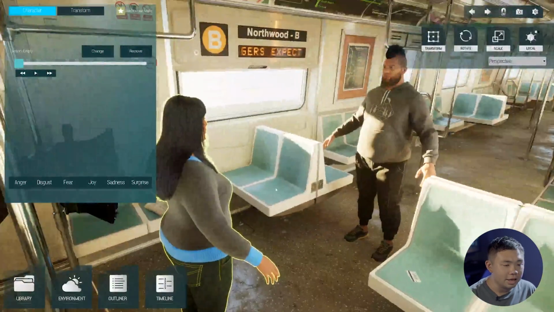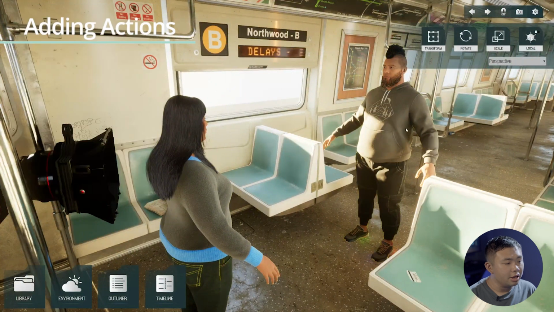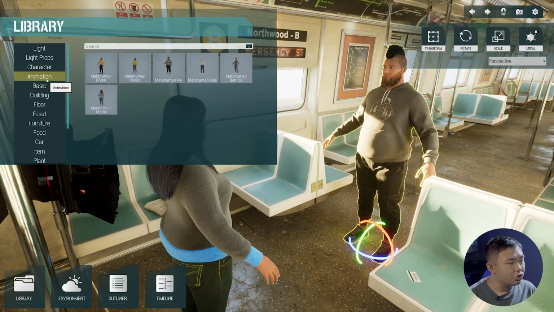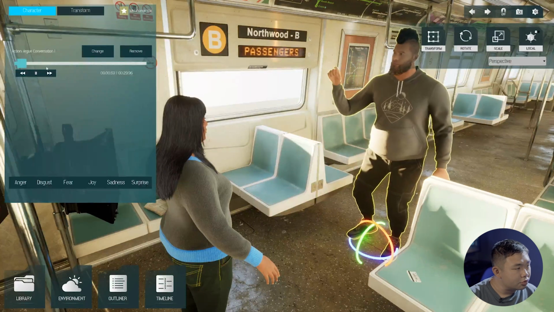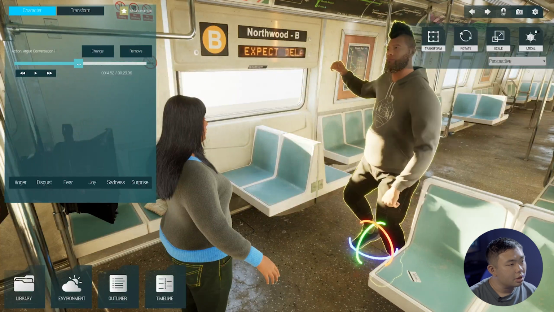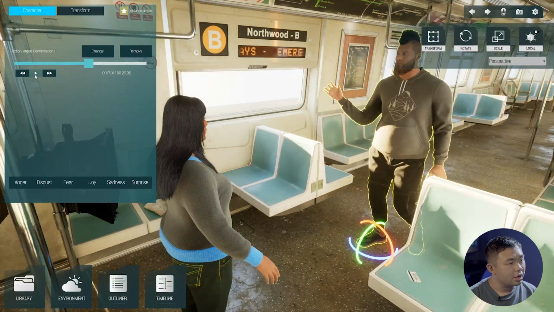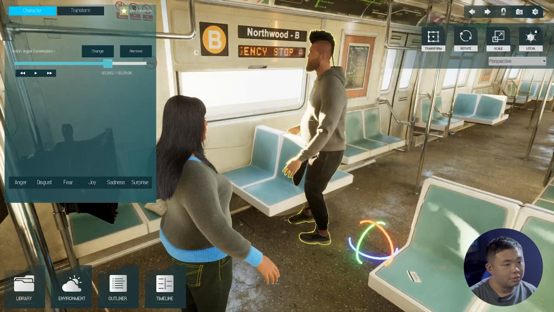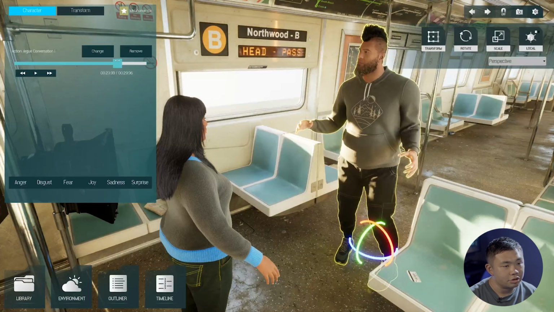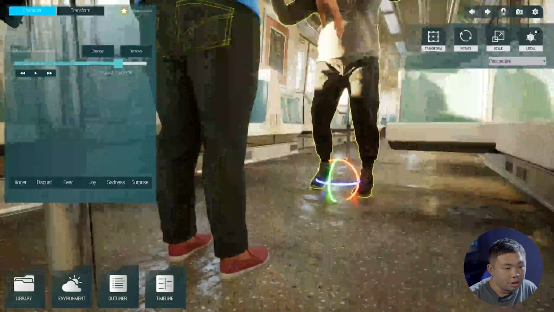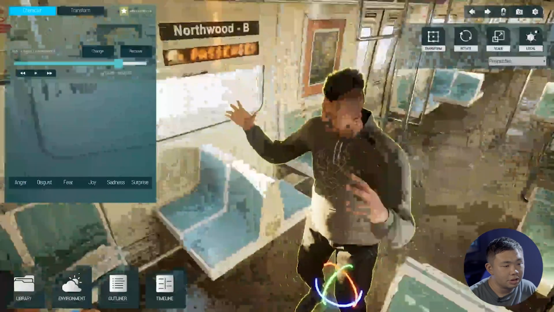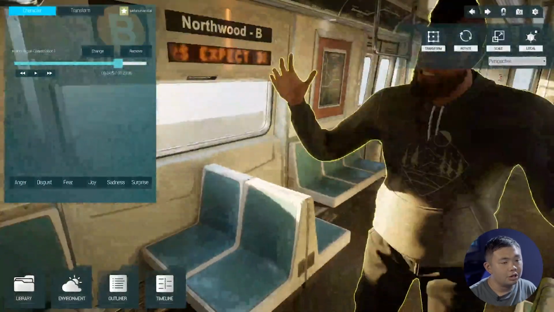And of course, we need animations. So we click on Kai and then choose animations, we type argue. We drag it to him, and then you just need to slide it to somewhere you want. One small tip is to pause the animations and drag it to somewhere you want bit by bit. It's more convenient. So maybe I want these actions. This is some action I want. And with these actions, he should be really angry. So just make him more angry. And focus on his leg. Alright, so he's still standing on the floor. It's good. So we finished setting up Kai.